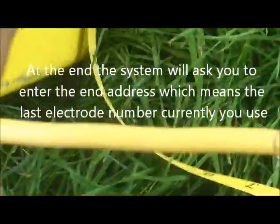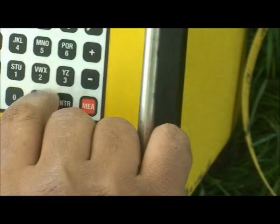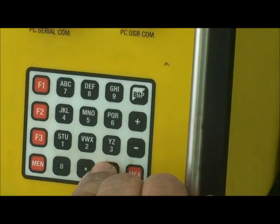and it asks you about the end address. So in our case, I want to use 72 electrodes. So I put 72 and press enter. So next, I press